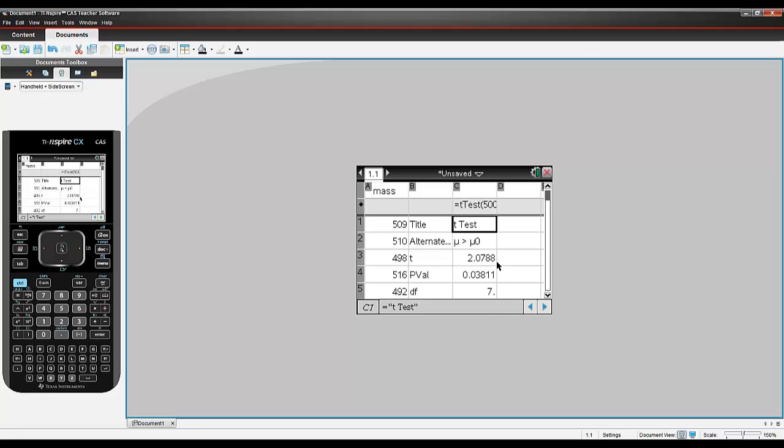So here we've performed the t-test. There is our t-value, but the value we're interested in here is the p-value of 0.038. To convert this to a percentage, you multiply by 100. And so now we can say that we have 3.81%, which in mathematics applied, as it is less than 5%,